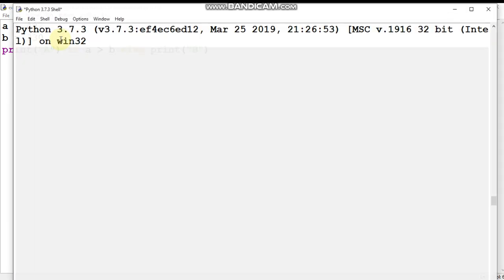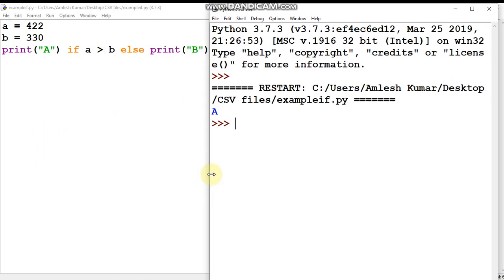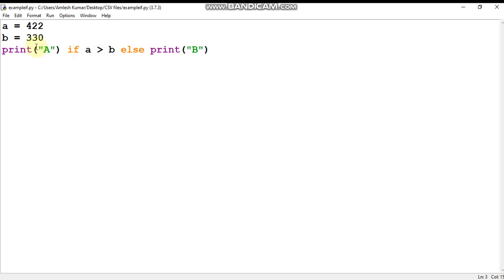Now you can see a is the answer. So just try to understand how this statement executes. If a greater than b, then this a part will execute, otherwise the else part will execute. This is called if else shorthand.